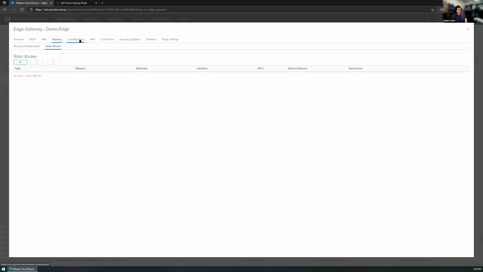One thing I see a lot of people are happy to see is it actually has a really robust load balancer built in. There's a lot of legacy applications out there that don't support HA or failover. You can actually use this to do that instead. So you can have the virtual IP just sit on the edge gateway and it manages the load balancing, and it's all easily viewable from inside the interface here.